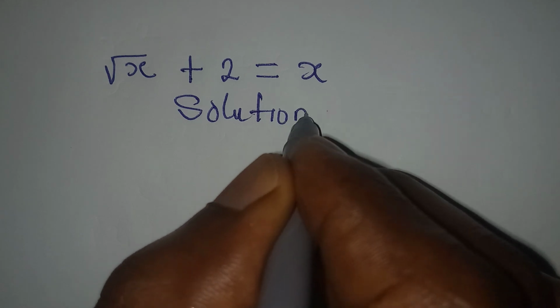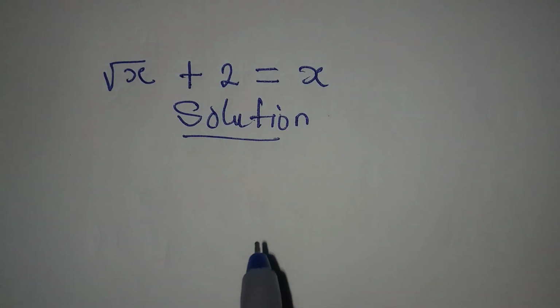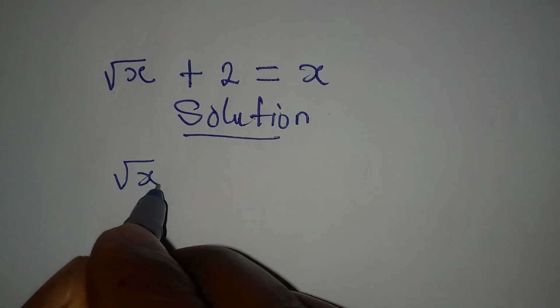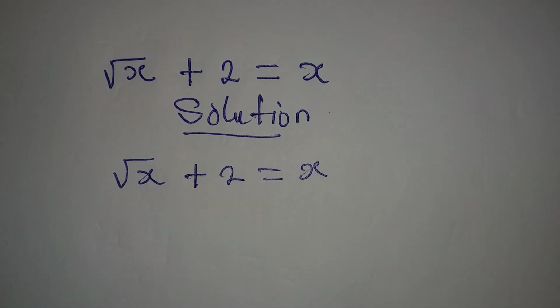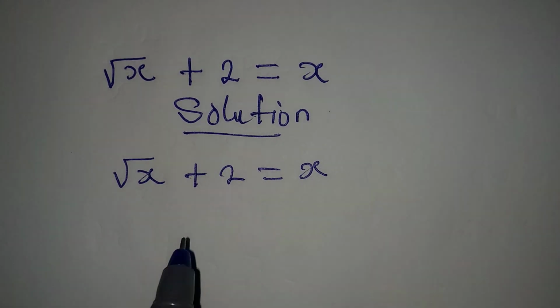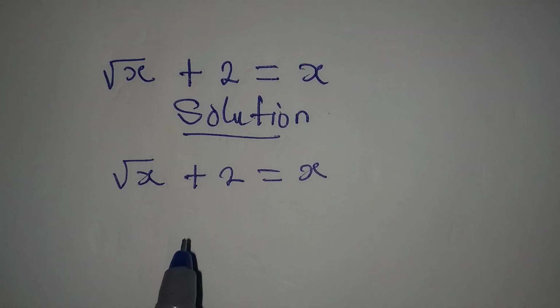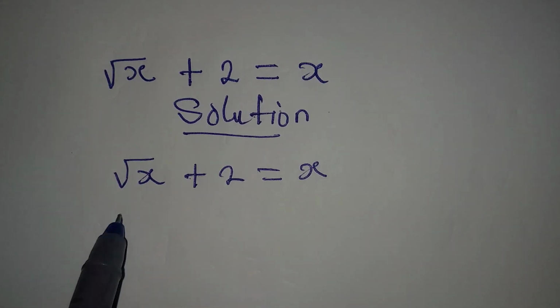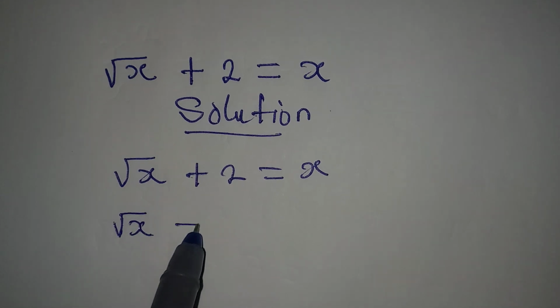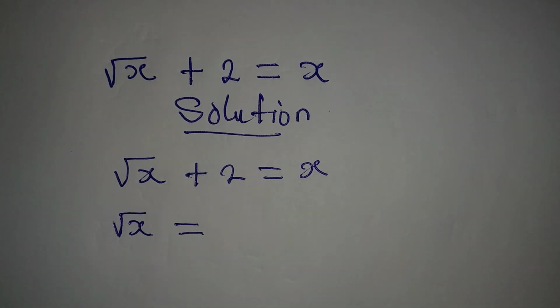Let's look at this Olympiad Mathematics: square root of x plus 2 equal to x. This is very simple because we know what we're going to do, right? But it will be difficult if you do not know what to do. Sit back and learn. Make root x the subject and it will be equal to x